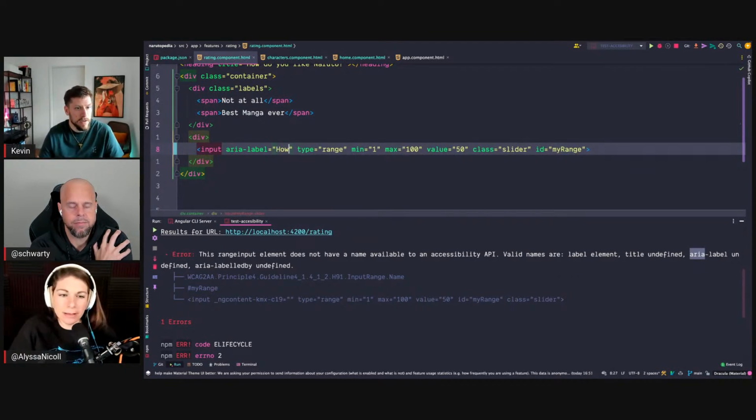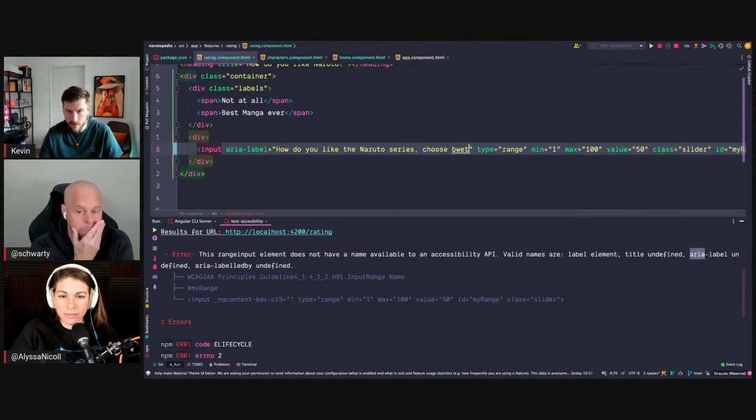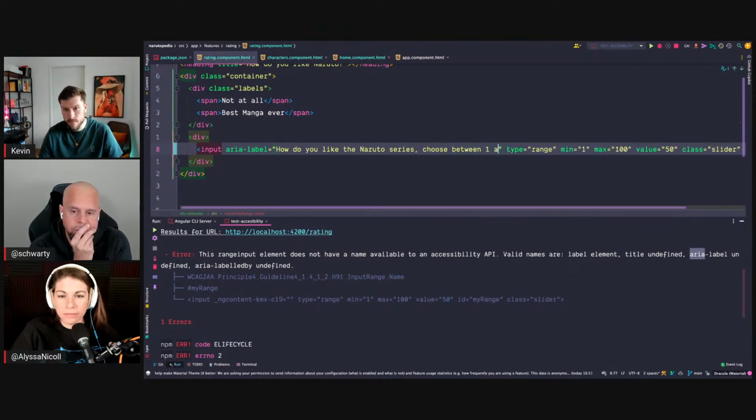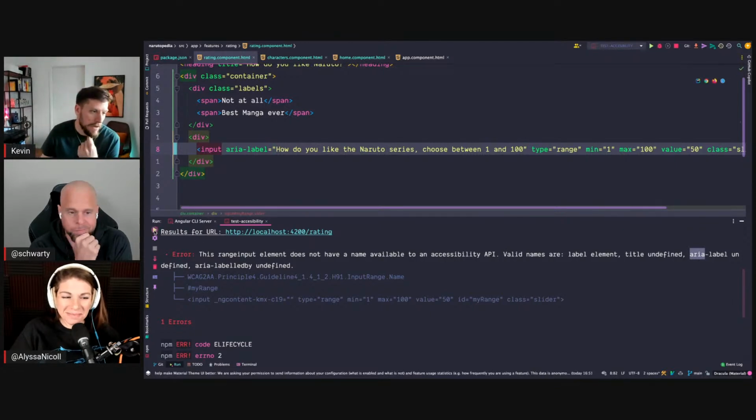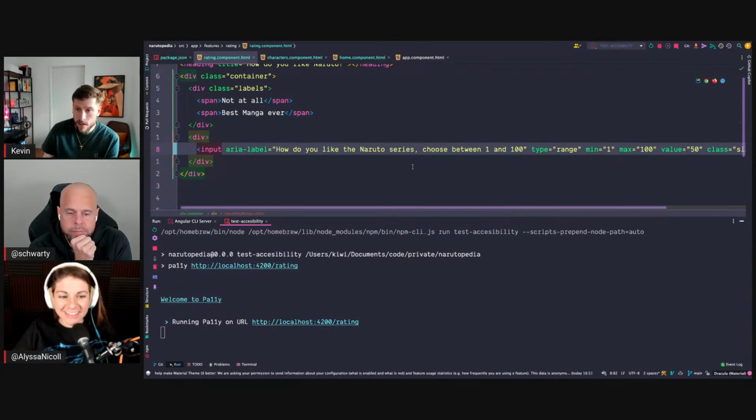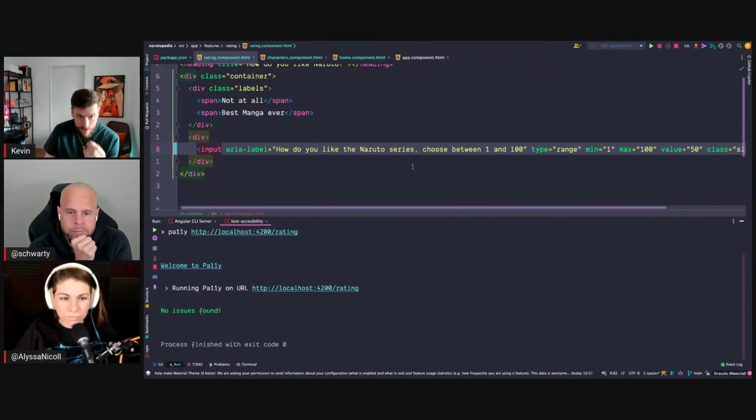So we would say, how do you like the Naruto series? Choose between 1 and 100 or something. So those descriptions should always be very specific, but for our case, this is enough. And now the screen reader would know what this is for, or the visually impaired.